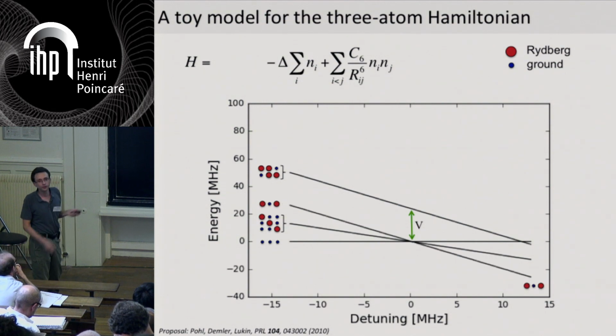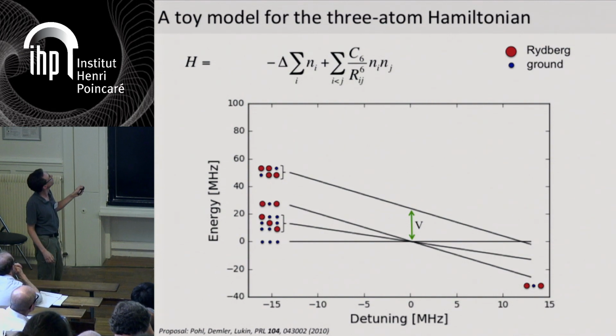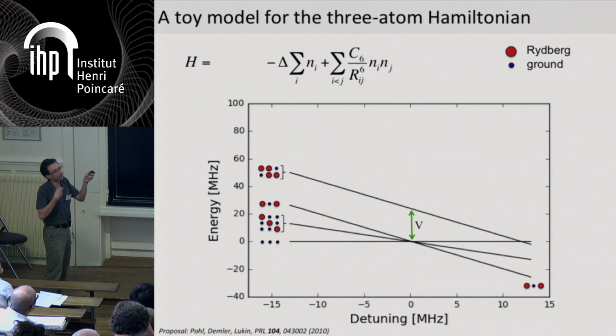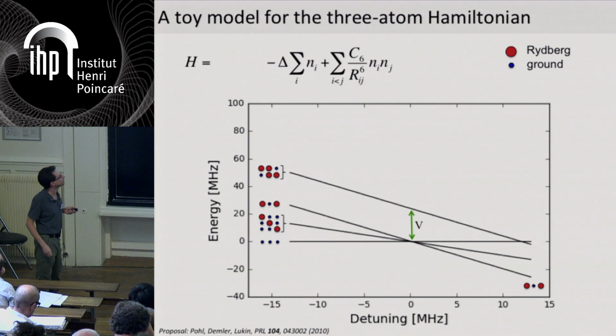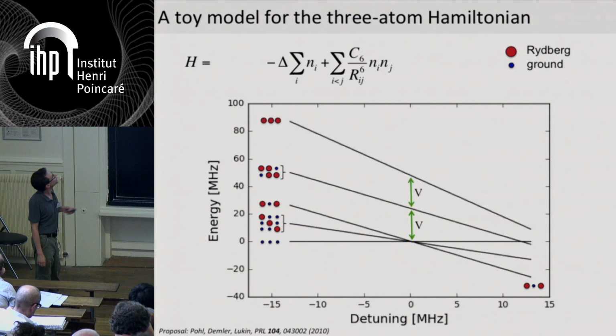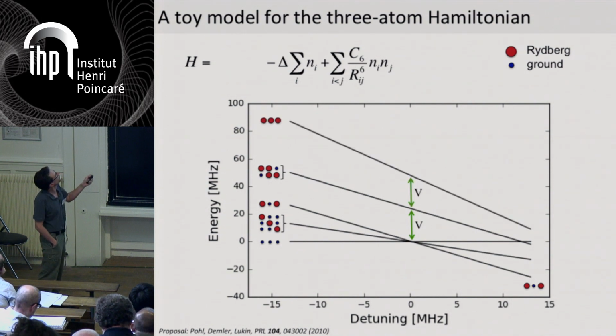But of course, I can make this V much smaller now if I put my two Rydberg excitations away from each other. Here, by putting the two Rydberg excitations on the edge of this 3-atom cluster, I have divided V by 64 because I have made the distance twice bigger, but because this goes to the power 6 of the distance, now V is reduced by 2 to the 6, which is already quite significant physically. And to be completely exhaustive, I must also consider the 3 Rydberg excitation case, which has a 2V offset and a -3 delta slope. All right, so here are my eigenstates.